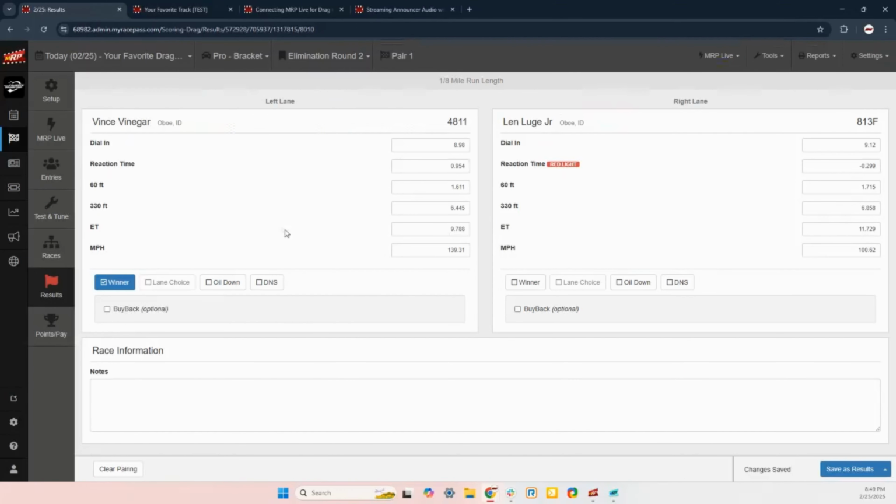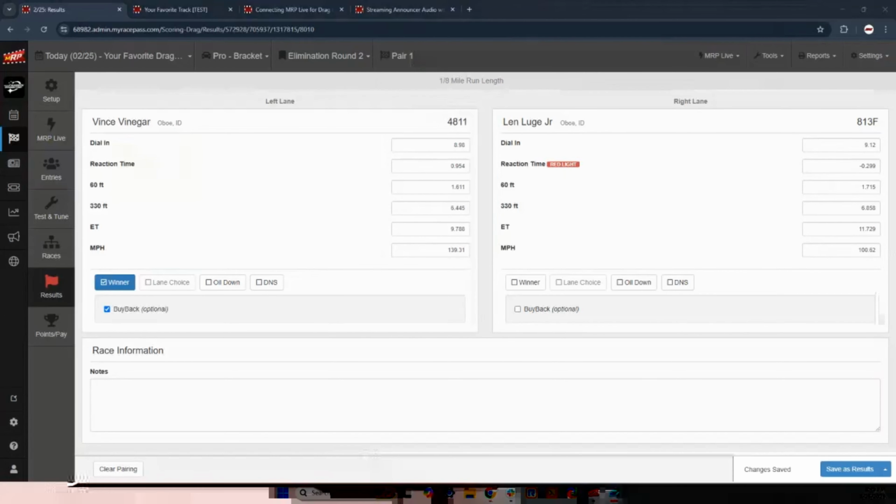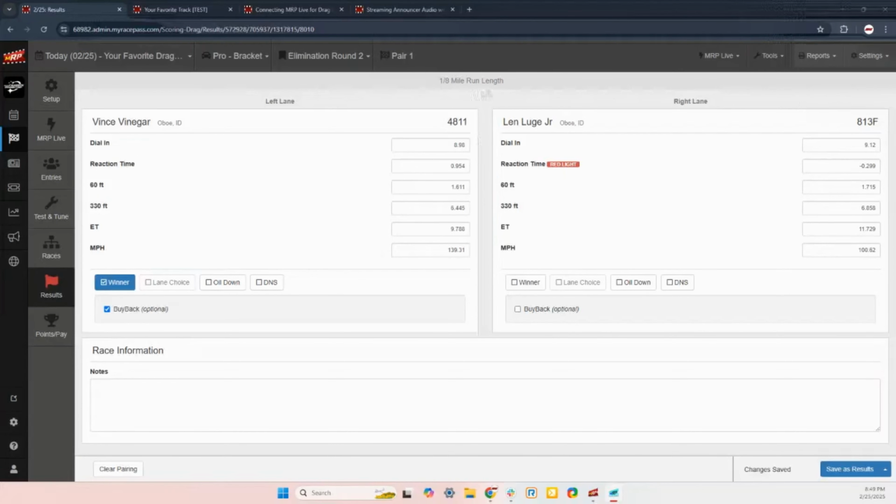So now again, I can mark either of these as buybacks if I need to. So let's see, 4811, he was a buyback. So I'm going to click him as a buyback car. And then I'm going to click save as results, because he is going to get a different point value when I calculate points than Len will. Next pair I'm going to put down the track is going to be